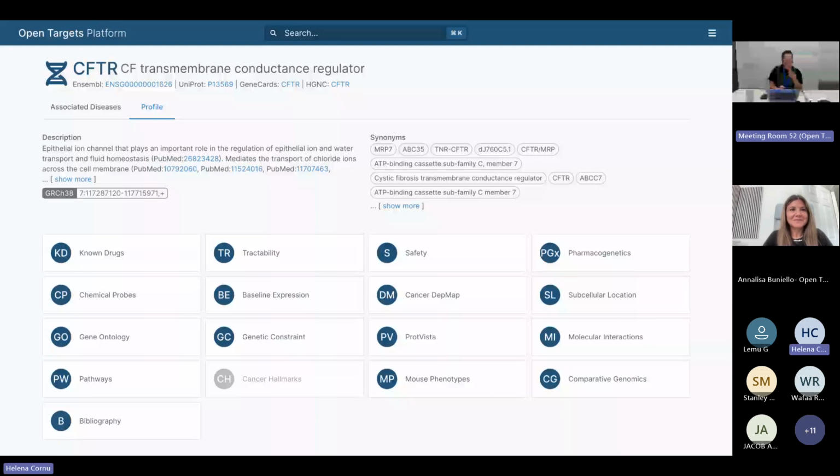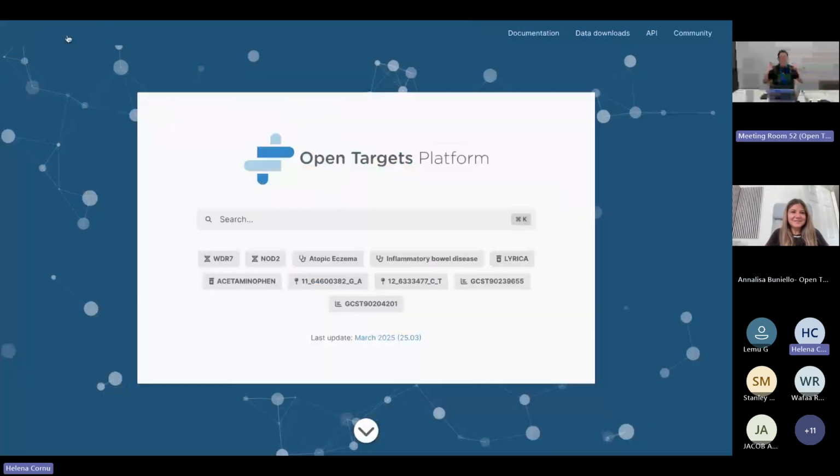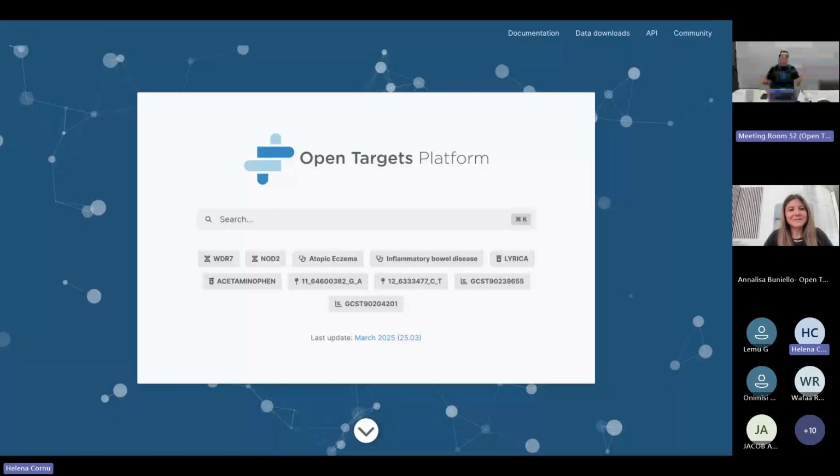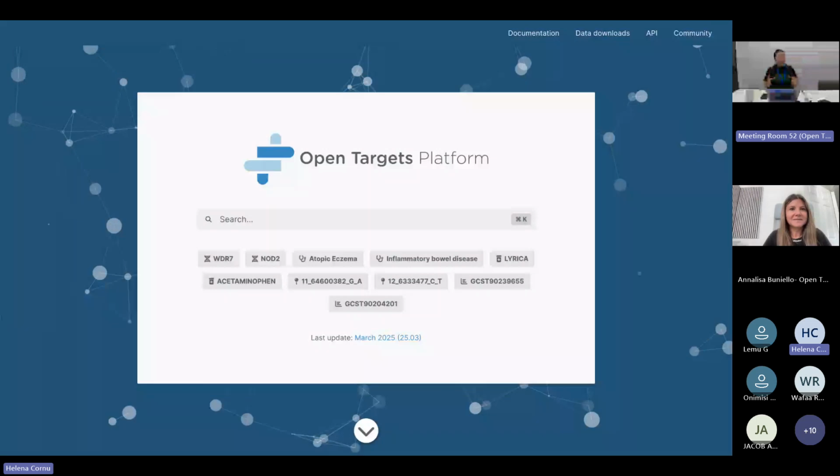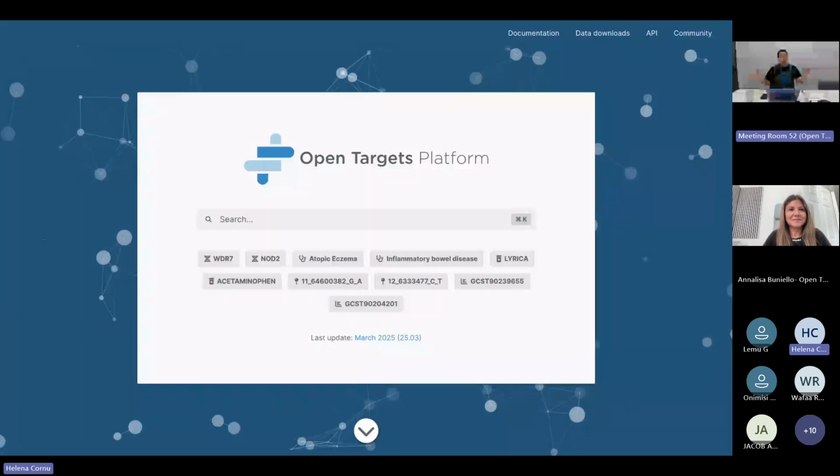Okay, so just to situate what I'm going to talk about. I mentioned in my introduction that everything we do is geared at building up this evidence between targets and diseases. What I'm going to show you now, which I've shown you a little bit already, I'll show you in a bit more detail: that page that summarizes all of that evidence between targets and